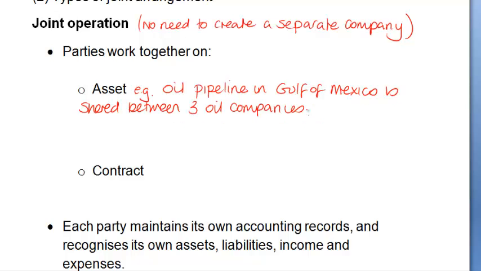So it could be that we've got Exxon, Shell and BP, and they say, instead of we got all of these oil platforms, we need to get the oil back to shore, we could each have our own oil pipeline, but there's huge construction costs. We're tripling the amount of potential environmental damage. We've got decommissioning costs, which could be very high as well. Or we could simply say between midnight and 8 AM it's used by Exxon, between 8 AM and 4 PM it's used by BP, and the other 8 hours it's used by Shell. So we build it big enough so that it could cope with the capacity, and everyone's a winner, aren't they?